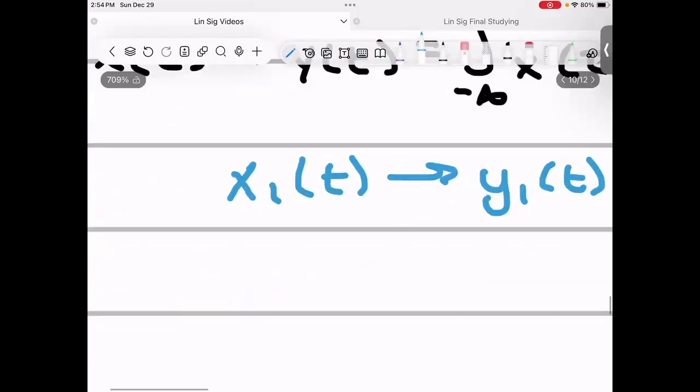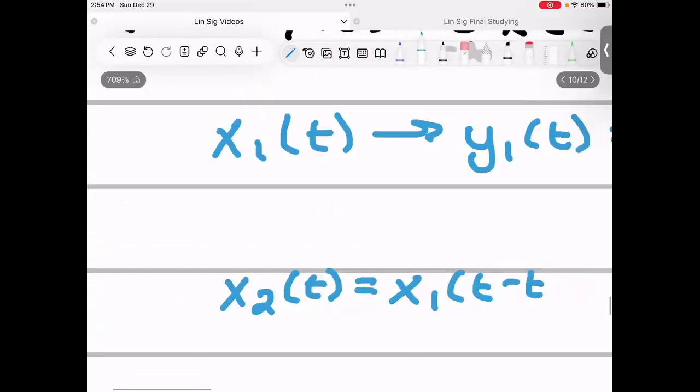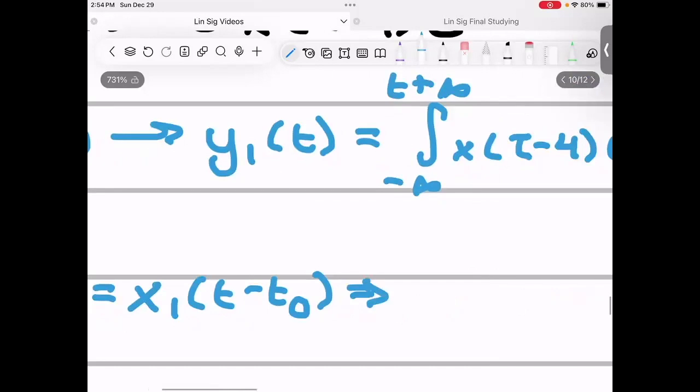Okay, and then we do our x2 of t, which is the same as x1 of t minus t naught. And that gives us